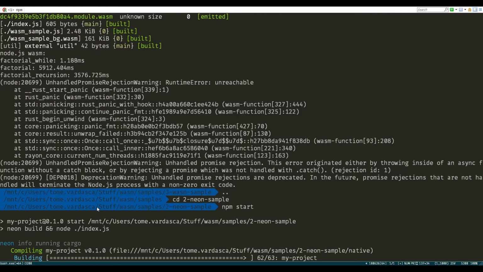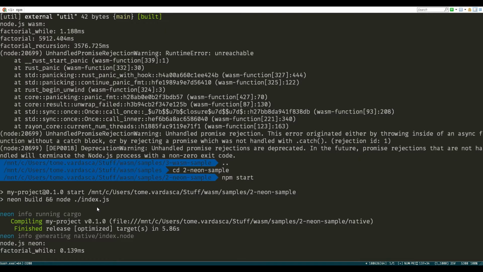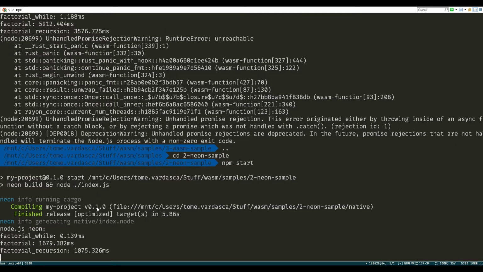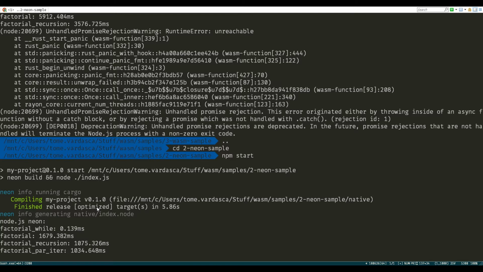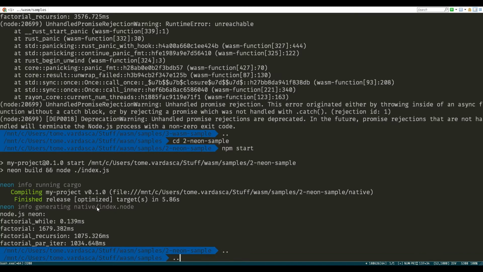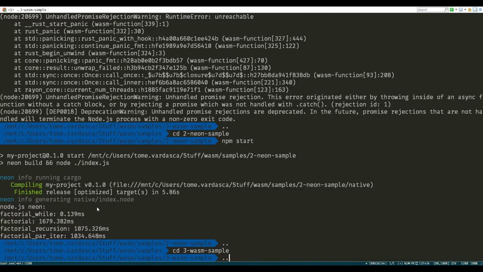Using it in an iterative way is really fast. It's almost the same result as native Rust, but with the overhead to communicate with Node. And then in the end, I will show you the previous one.